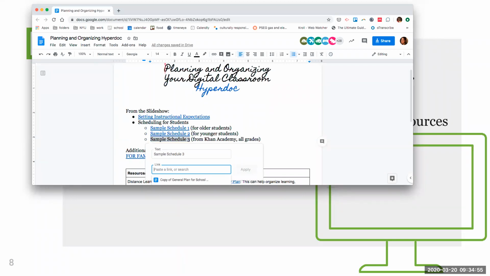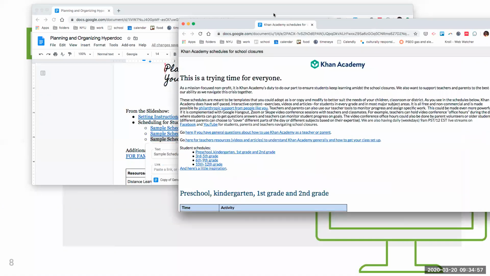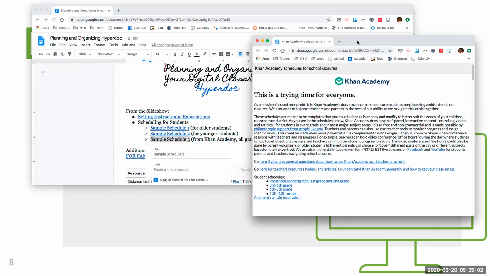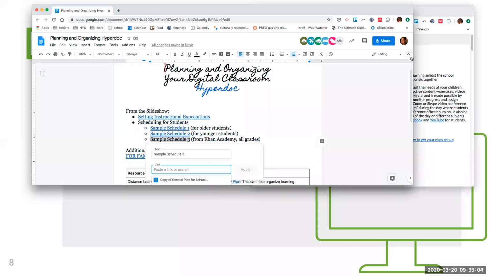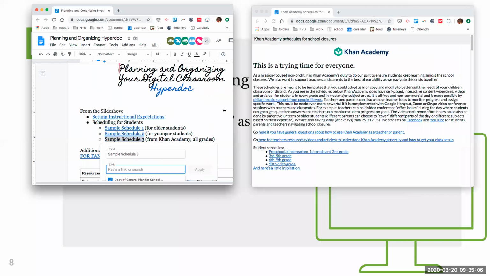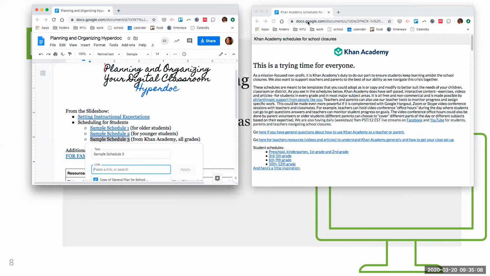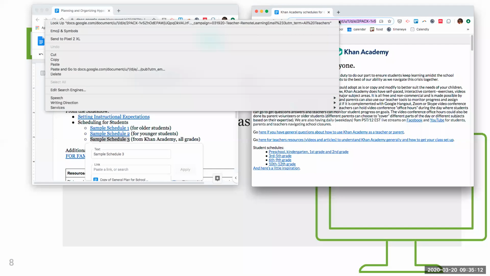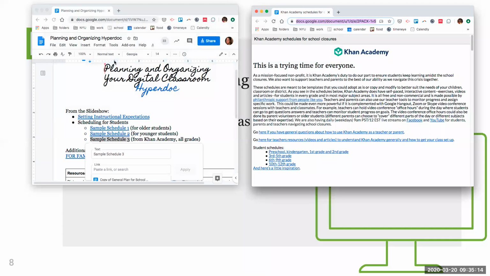So actually, I'll show you my whole screen here. I went to this, Khan Academy sent out these sample schedules, which we're going to look at. But to be able for you to navigate that, I said, all right, I'm going to open it. I'm going to copy their link. So I did Control C, but you could do right click, copy.